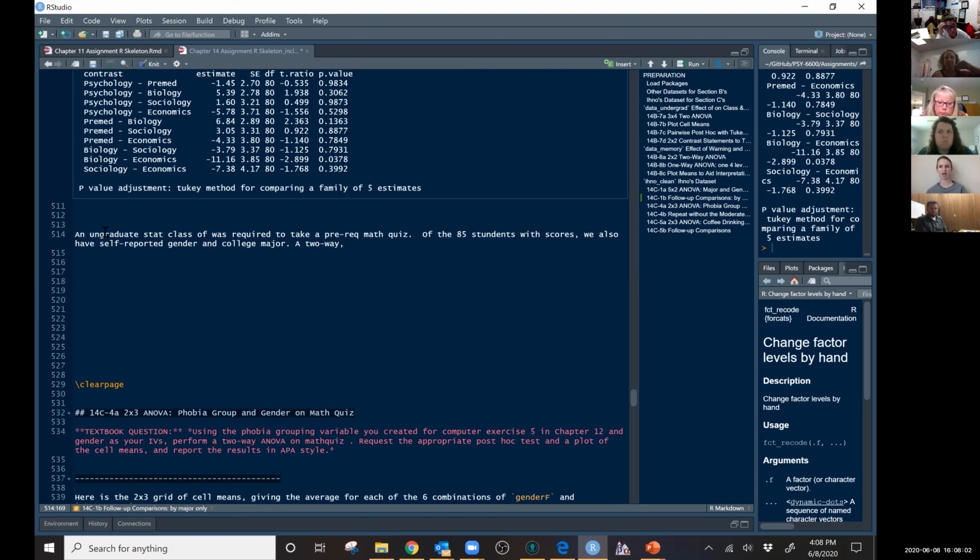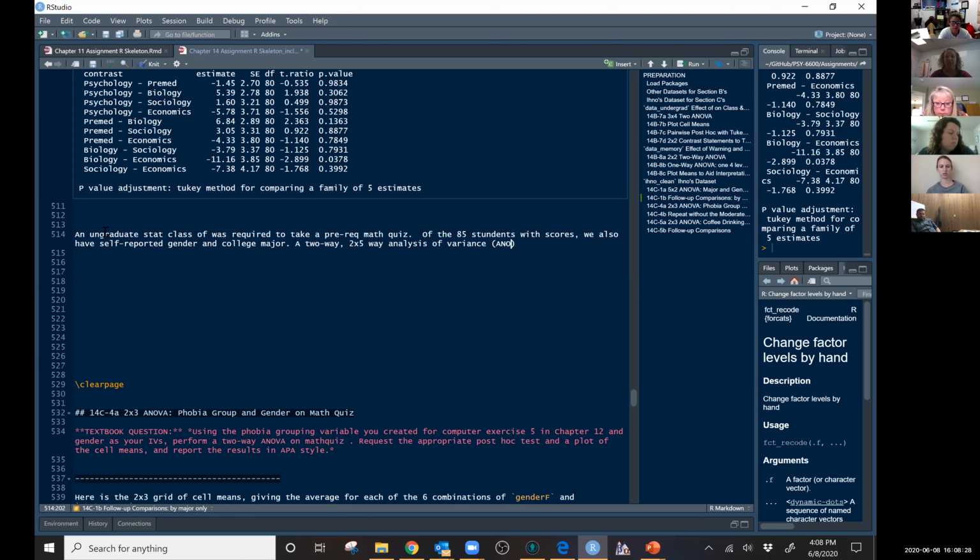Major has 5 and gender has 2. So we'd call it a 2 by 5 or a 5 by 2. More often people put the smaller number first, but it doesn't really matter. A 2 by 5 way, and the first time we have to say analysis of variance,